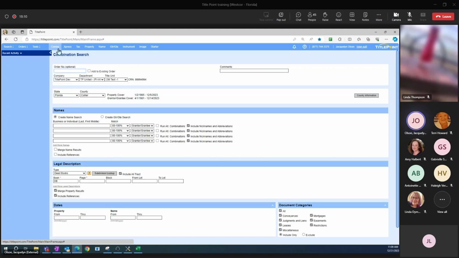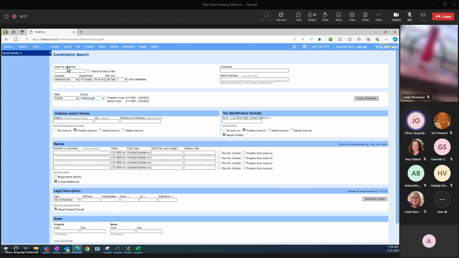So first thing I'm going to do is demonstrate an example of running a search in a TP county here. Just got to adjust this. So first field you're going to see is the order number field. Now this is most likely optional for you guys, but it is highly recommended because TitlePoint will store your order